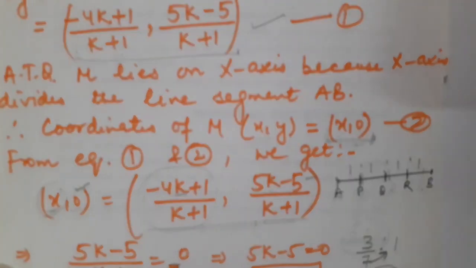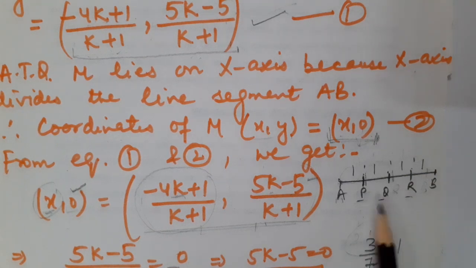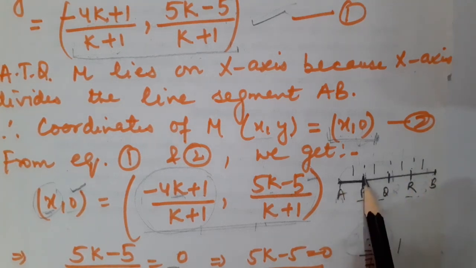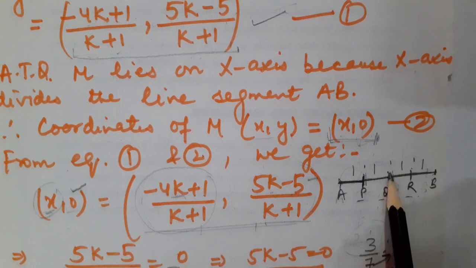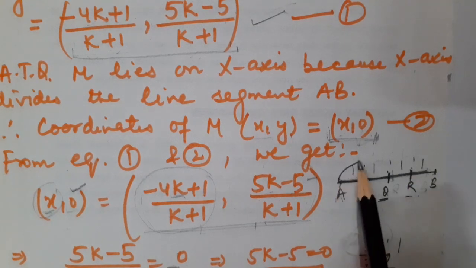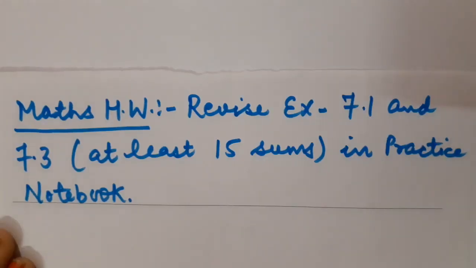Clear, children? Now children, this is the last point which I want to tell you. For example, the complete line segment is going to be divided by 3 points of division into 4 equal parts. So can you tell me how can I calculate the coordinates of point P? This P point is going to divide the complete line segment in the ratio 1 ratio 3. Okay, let us talk about this Q point. Q point is going to divide in the ratio 2 ratio 2, that is actually 1 ratio 1, meaning we can apply the concept of midpoint over here. Let us talk about this point R. This is going to divide AB in the ratio 3 ratio 1. Understood, students?